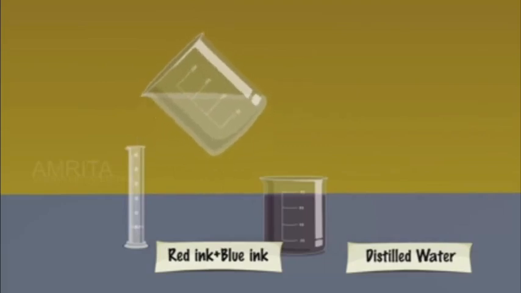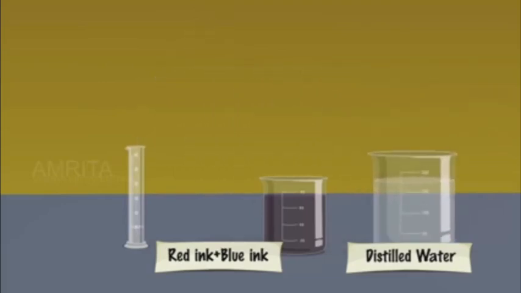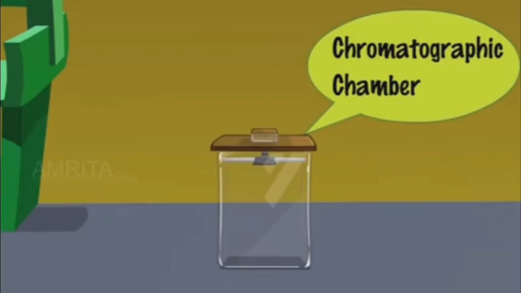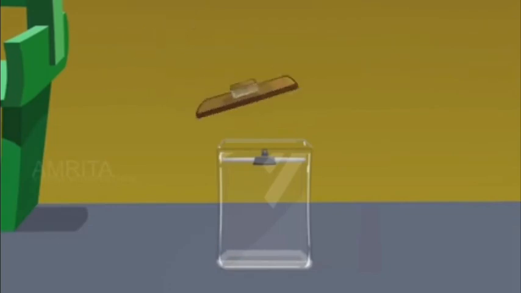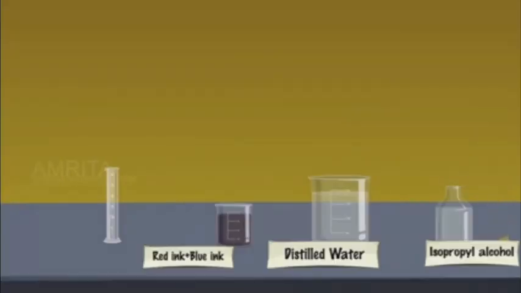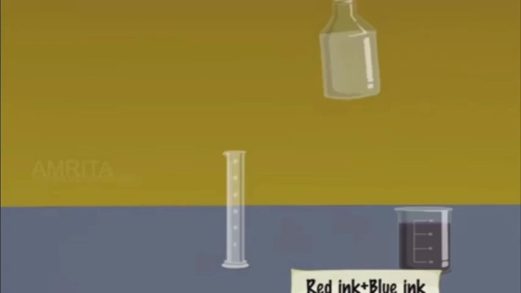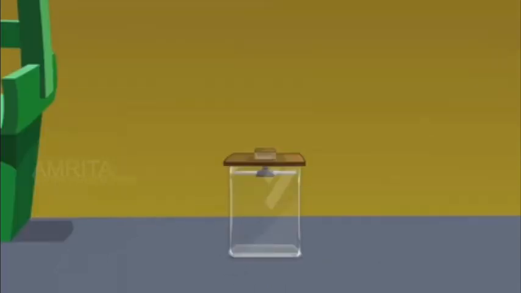Then take one measuring jar where you are going to measure 5 ml of distilled water. Put it in that chromatography jar, as it is called, and measure 5 ml of alcohol. This also we are going to put in the jar. So in the jar we have mixed water plus alcohol. Stir these two with the help of the capillary tube.